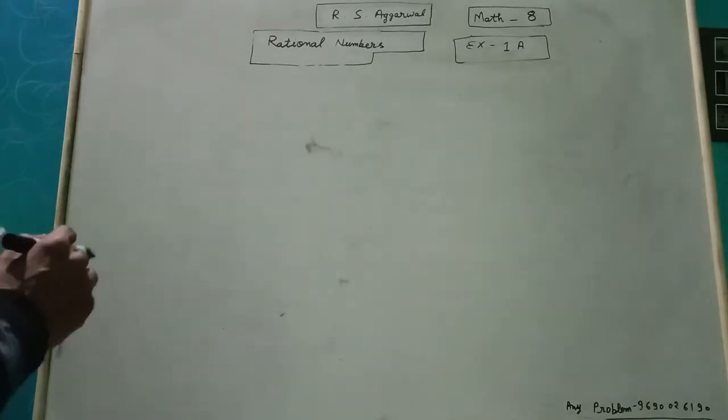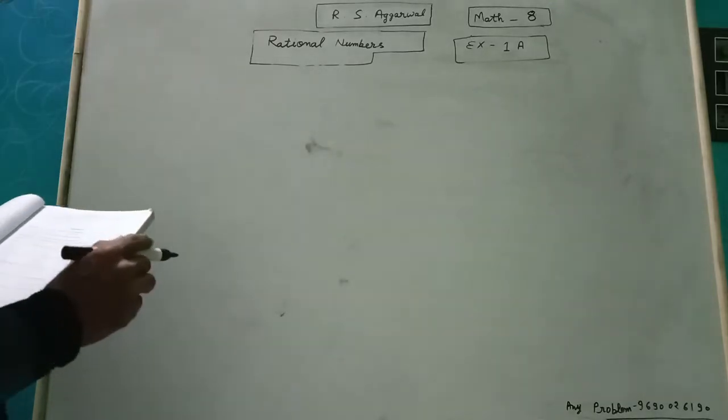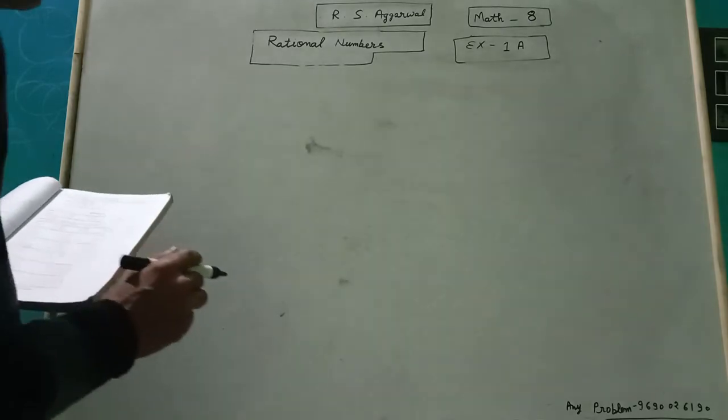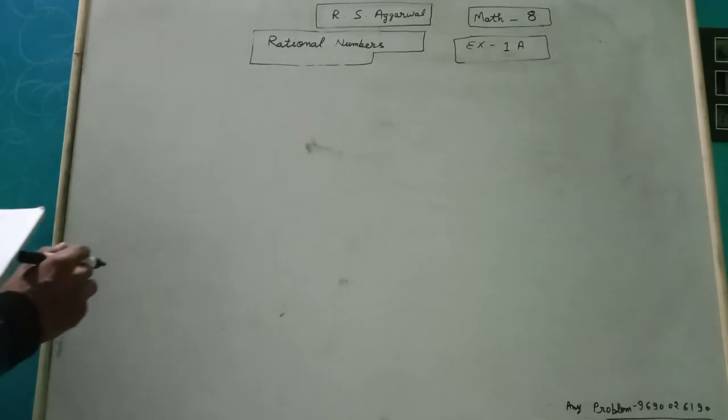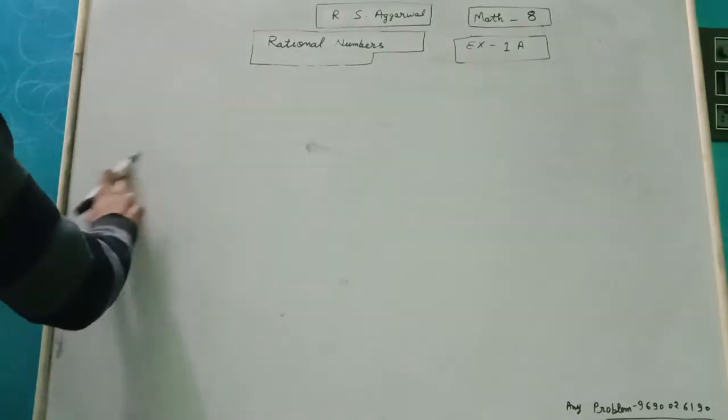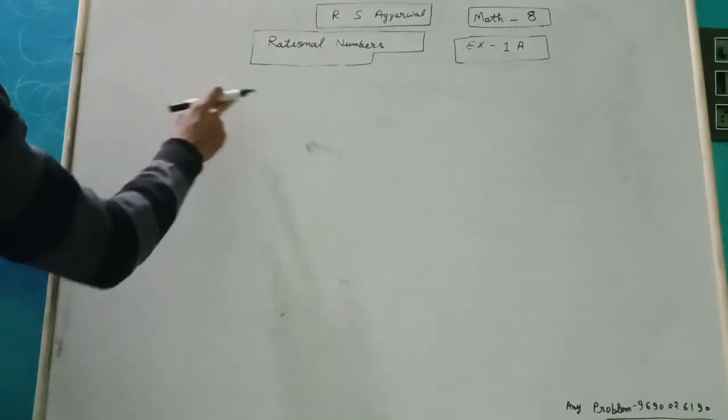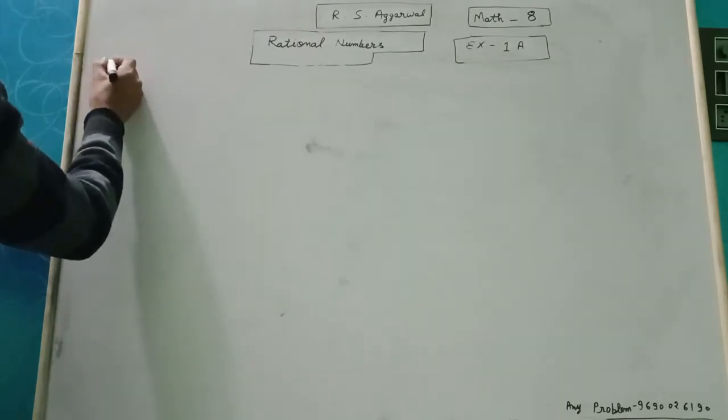Class 8 student exercise 1A, rational numbers. This is the maths of R.S. Aggarwal. First question is